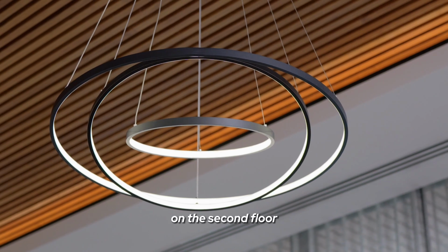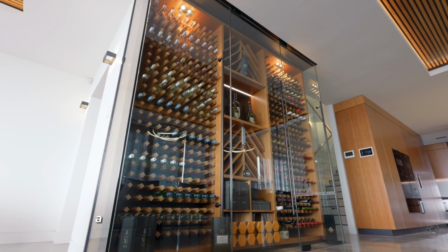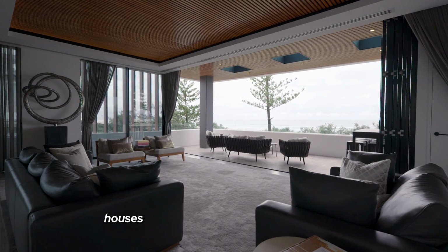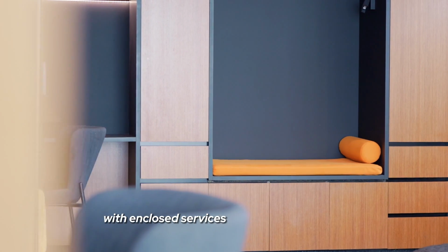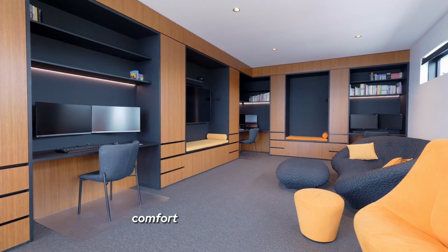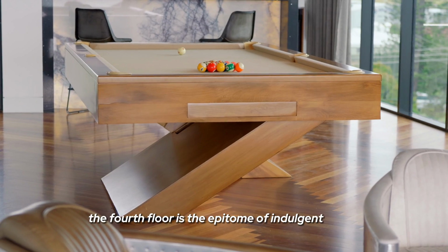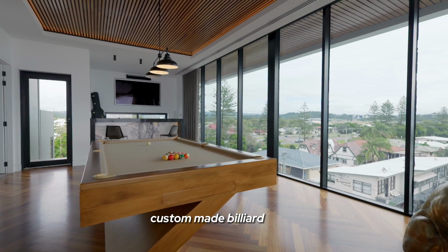On the second floor, immerse yourself in the heart of the home, with a tranquil living area, gourmet kitchen, and dedicated media lounge. The third floor houses the home's pinnacle of performance and efficiency, with enclosed services ensuring adaptability, comfort, and convenience. Finally, the fourth floor is the epitome of indulgent luxury, featuring a full commercial bar, custom-made billiard table,